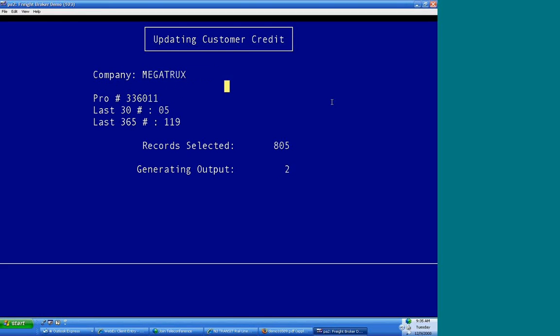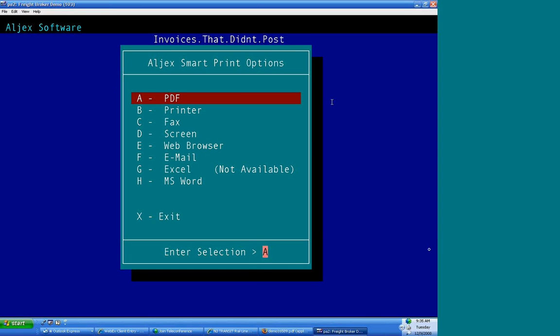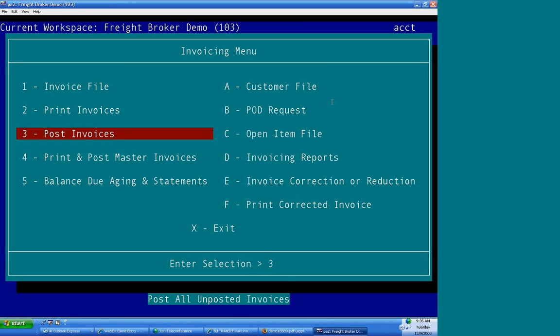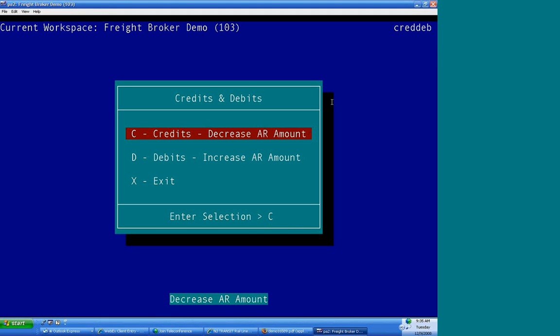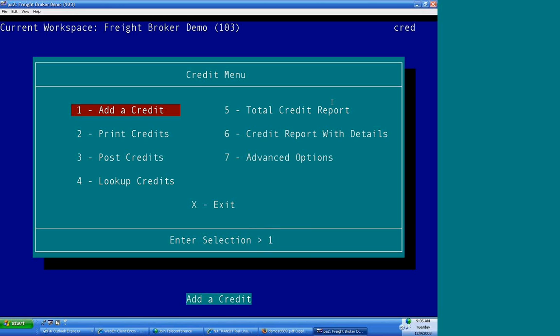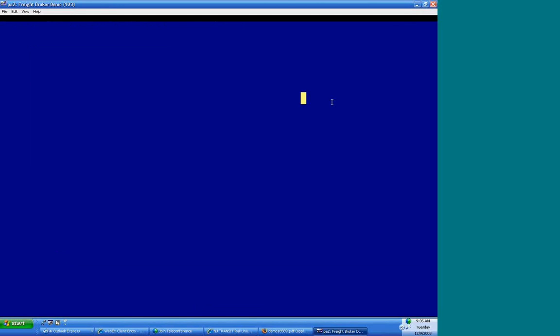So now we did our bill pay scan procedure. We had to take it off of hold first. We scanned in our documents. We printed our invoice. We posted it, and now somebody comes along and there is an error on that bill, whether it's today or another week or two from now. So if we need to make a correction to the invoice, we would go to option E for invoice correction or reduction. You can process a credit or a debit. If we're going to process a credit, that's going to obviously decrease our accounts receivable amount. We want to add a credit,